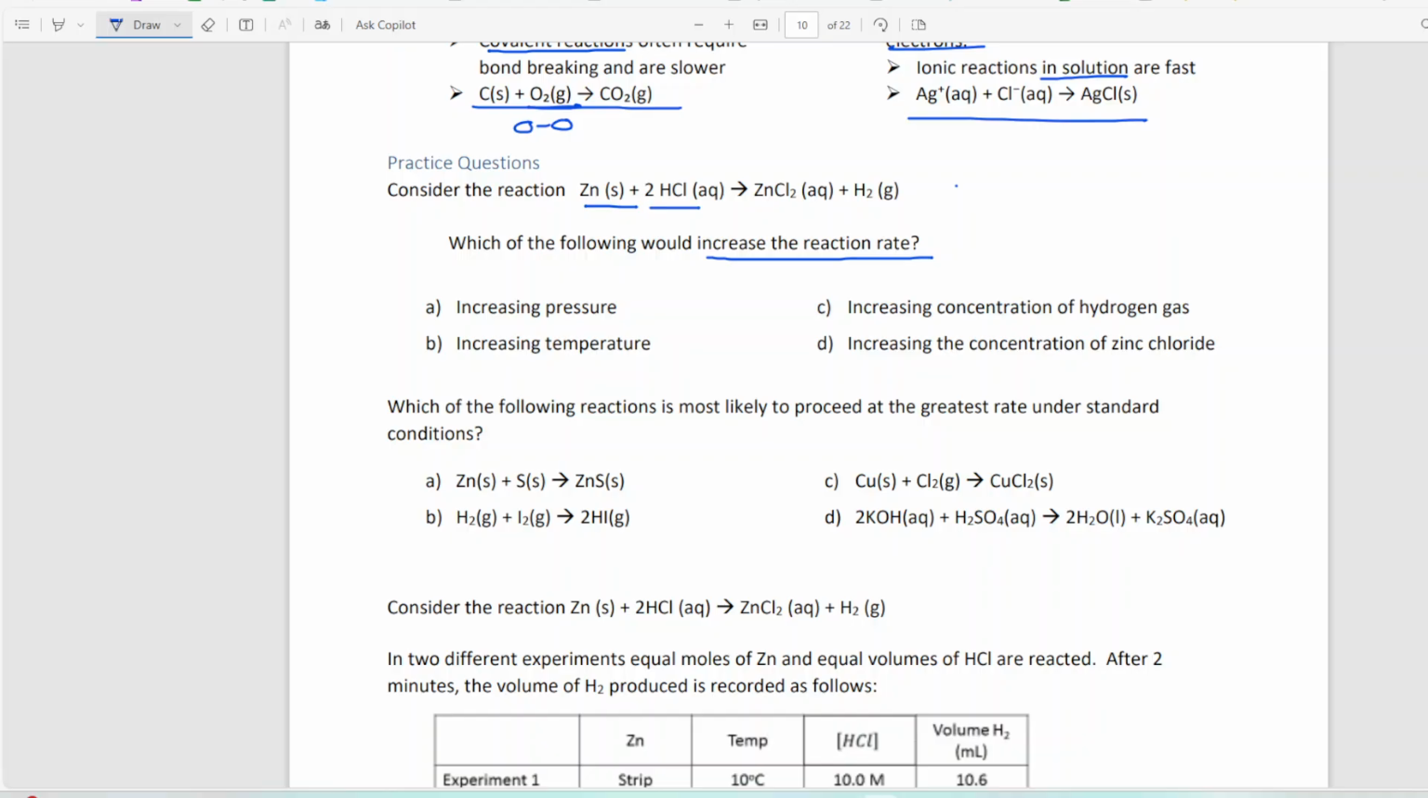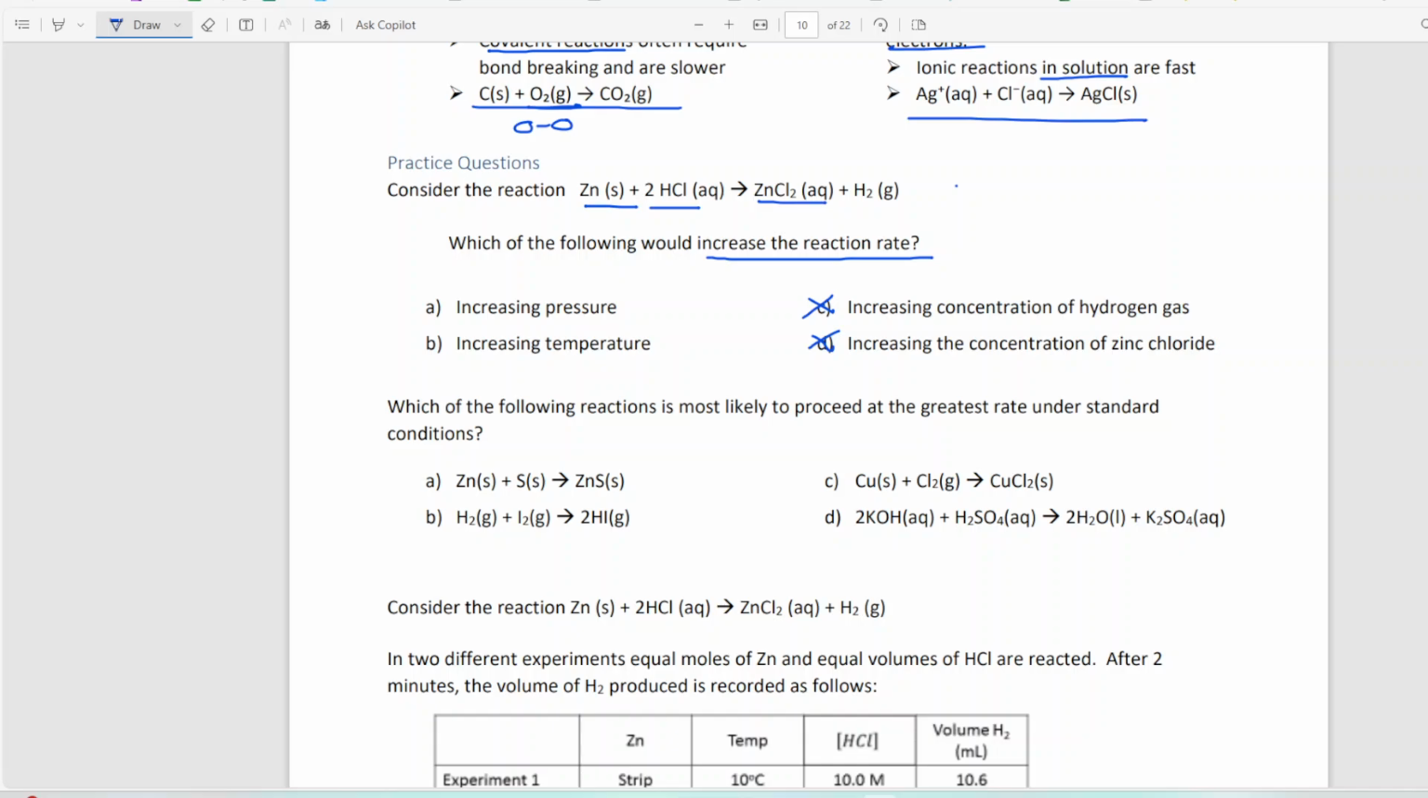Well, let's start at the end and work our way back. Increasing the concentration of zinc chloride. This is the zinc chloride. It's a product, so no. Increasing the concentration of hydrogen gas. That is a product, so no. So now we're down to, this is a multiple choice question, and we have to choose either increasing pressure or